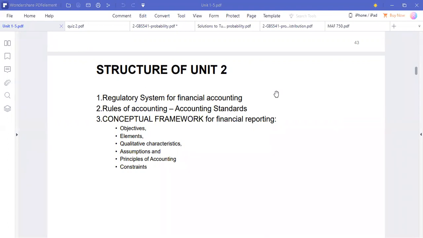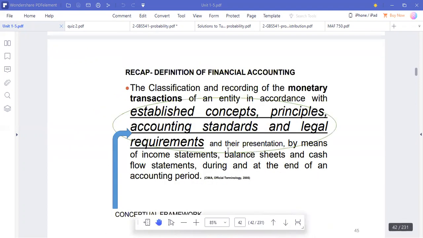Later on, we'll look at the conceptual framework for reporting, the objectives, the elements imbued in it, the qualitative characteristics of financial accounting information, the assumptions, the principles of accounting, and the constraints. So once we've done that, we will then look at a few questions. To start with,